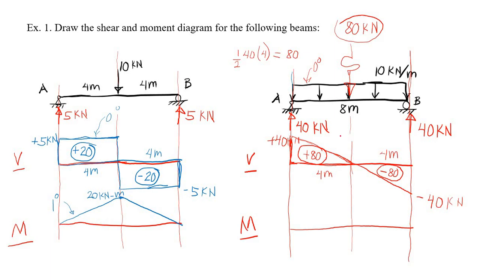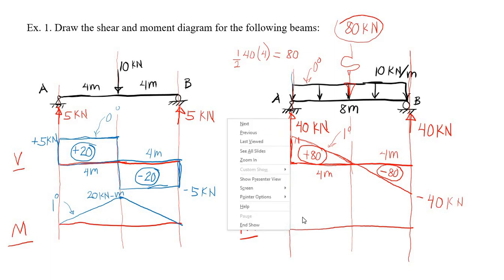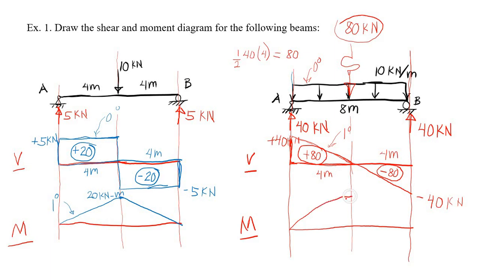So for our moment diagram, this is first degree, then our curve must be second degree. And notice that the intensity of our shear diagram is decreasing. Therefore, our curve should be decreasing. So we must have this curve. The slope of our curve should be decreasing, which is equal to